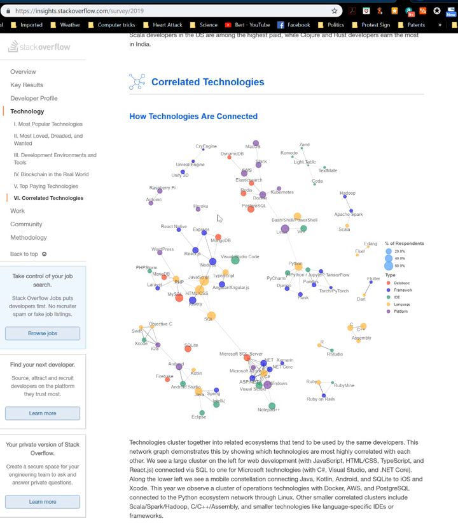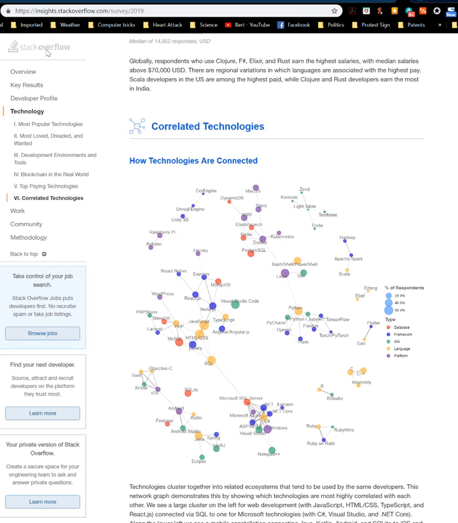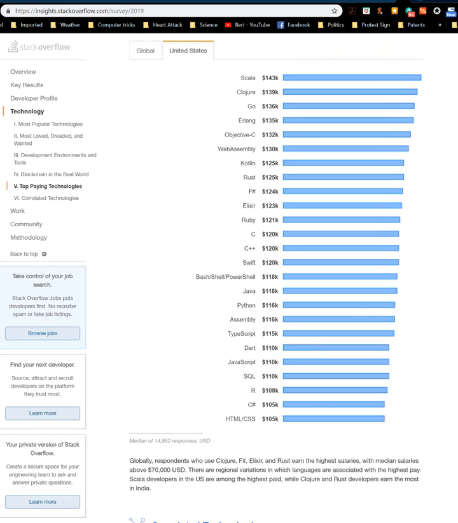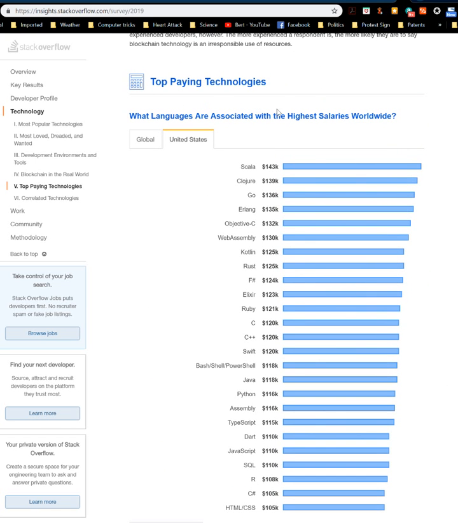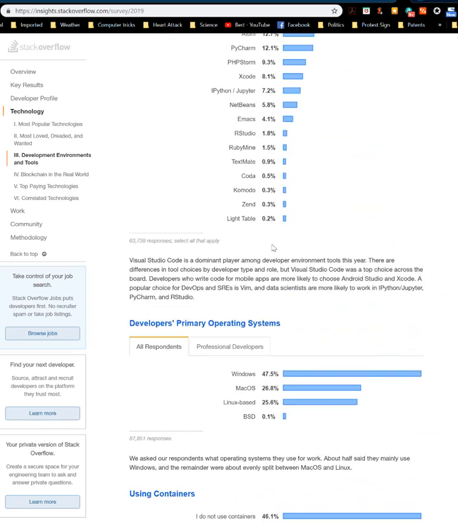On the subject of web technologies, I found this little graph which was actually quite fascinating. Now this is on Stack Overflow's, you can look at this insight, stackoverflow.com, their survey for 2019. It gives you all kinds of interesting stuff. I mean, this is a very, very long thing, and I'm only a little over halfway through this, but it gives you top paying jobs and the various types of programming languages and just all kinds of stuff